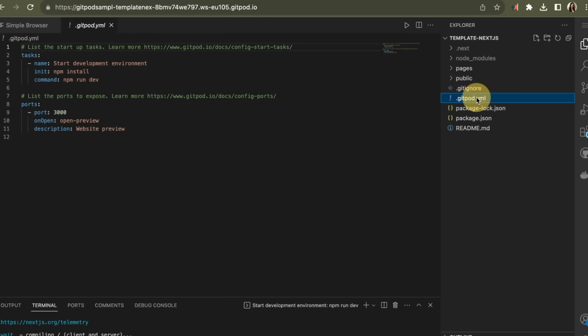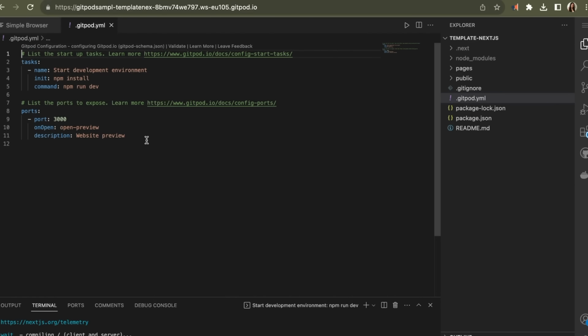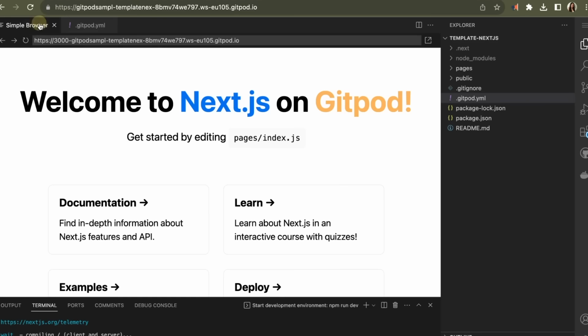If we head over to the Gitpod YAML file, this is the configuration file that keeps your environment consistent. You can open multiple workspaces and go through the same flow we just went through again and again for different tasks. And then once you're done making changes in that workspace, you can just get rid of it and forget about it once you've committed. Once this Gitpod workspace opens, what happens is we start your development environment by doing an npm install with all of your dependencies, and then a run dev, which starts up the dev environment, which you can see here.